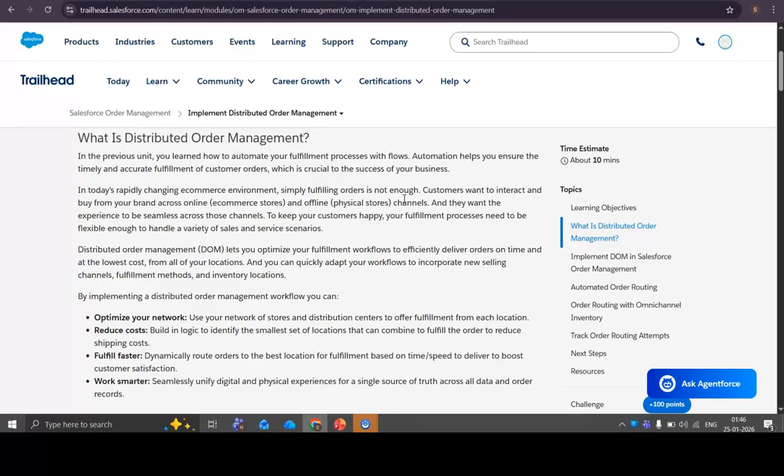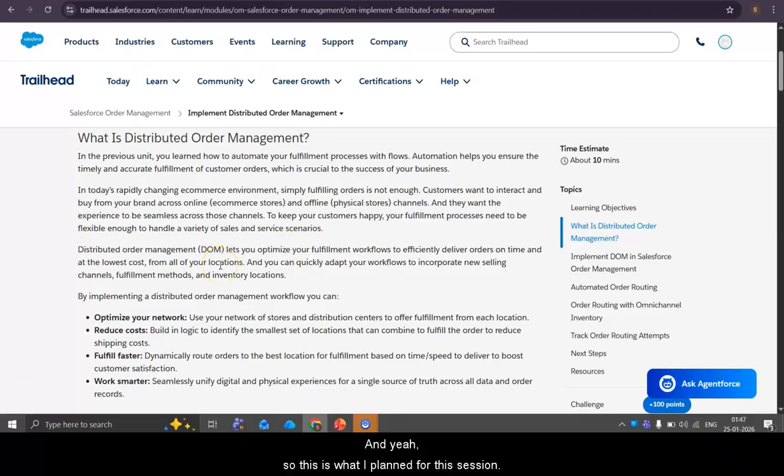Once you place an order, it will identify the shortest location and from where we need to fulfill, so that you will get the items soon, and also the business will reduce their shipping cost. By doing all of this, the business will also grow, and also the business will gain customer satisfaction. So that is the use of distributed order management.